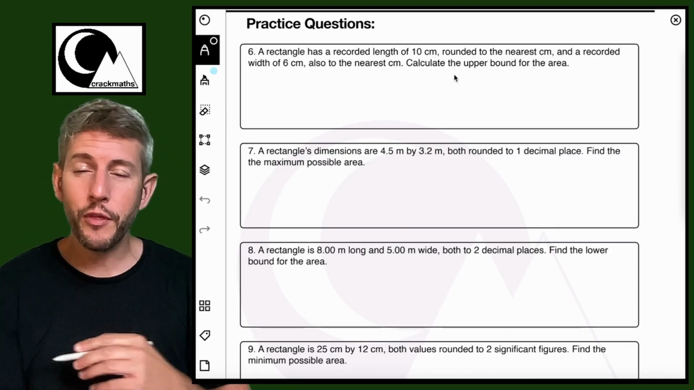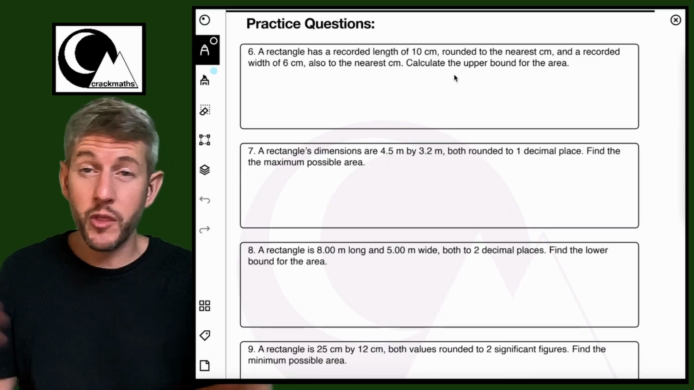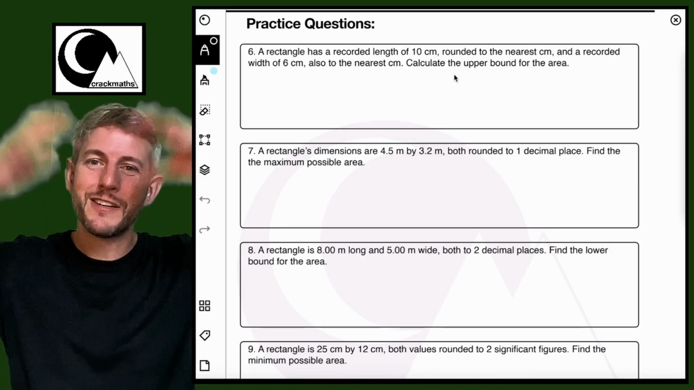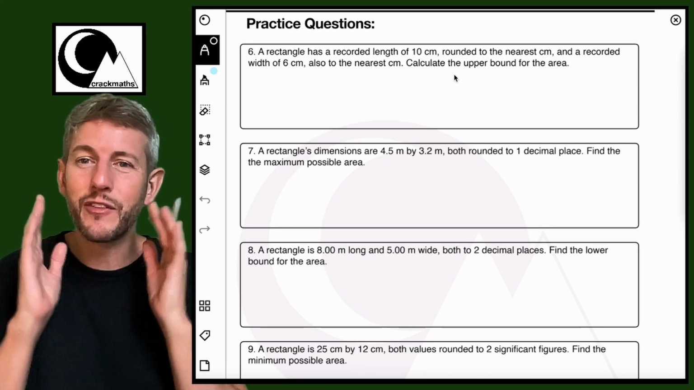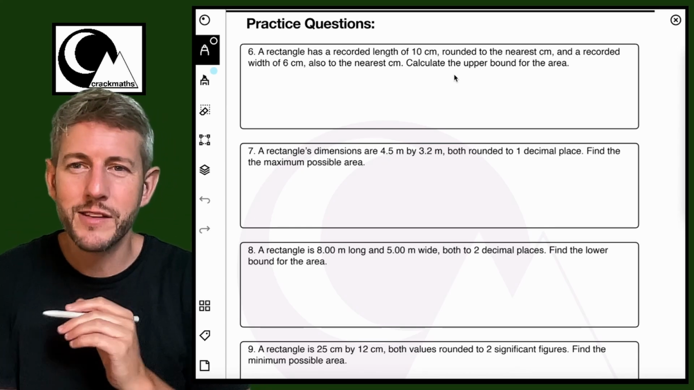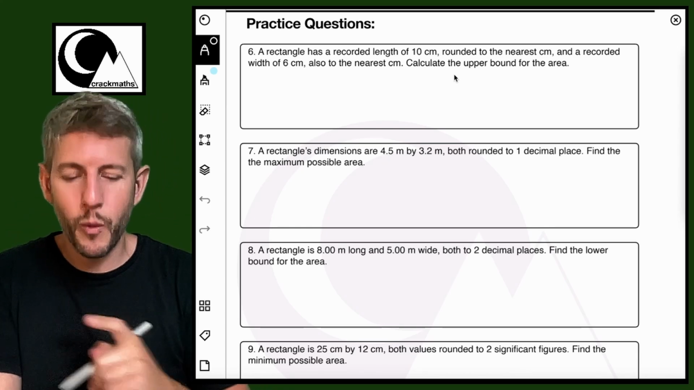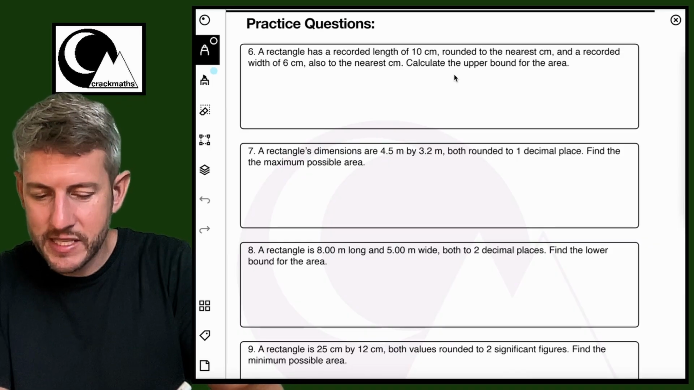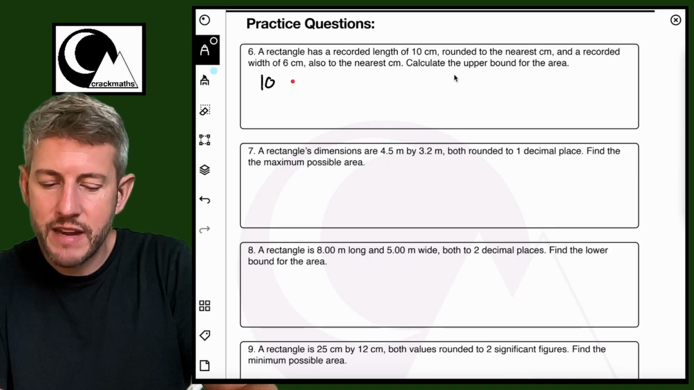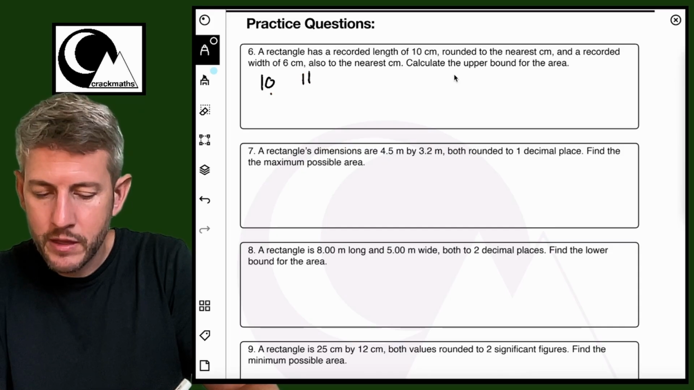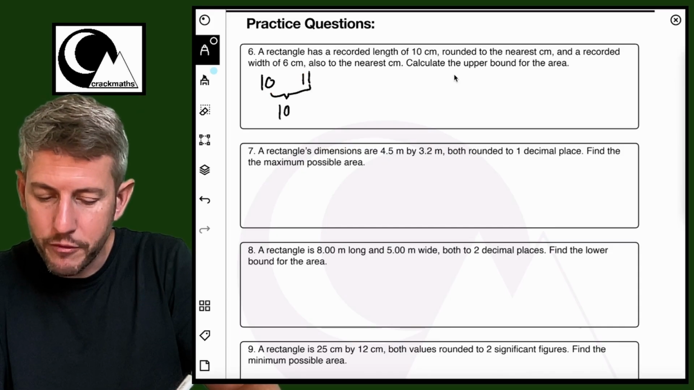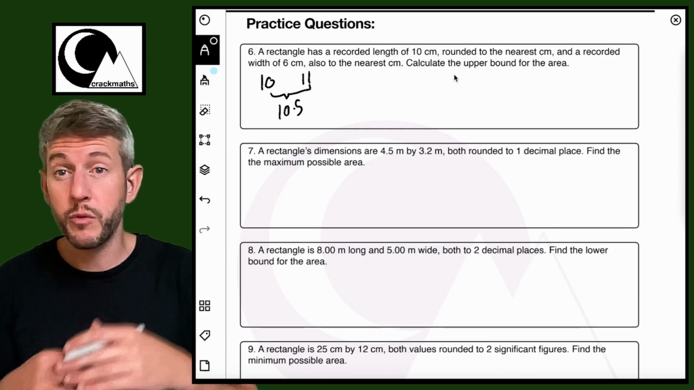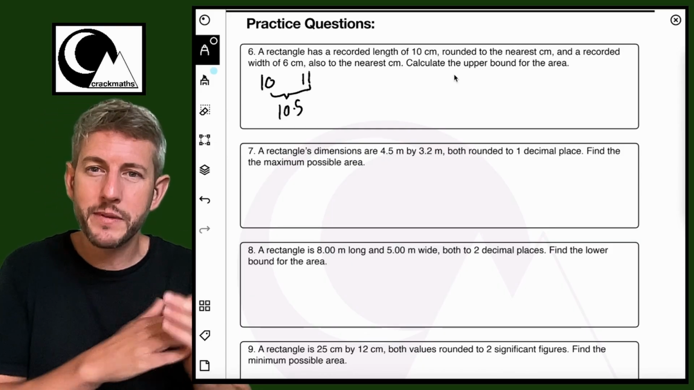Okay, so for the area, because we're just timesing the length by the width, the way that we get the biggest result is by having the biggest numbers. So let's do what we can with this. The upper bound for 10 to the nearest centimetre, well, the next thing would have been 11, so the midpoint for that is 10.5. So the upper bound for 10 is 10.5 because 10.5 would round up, but everything up to 10 would round